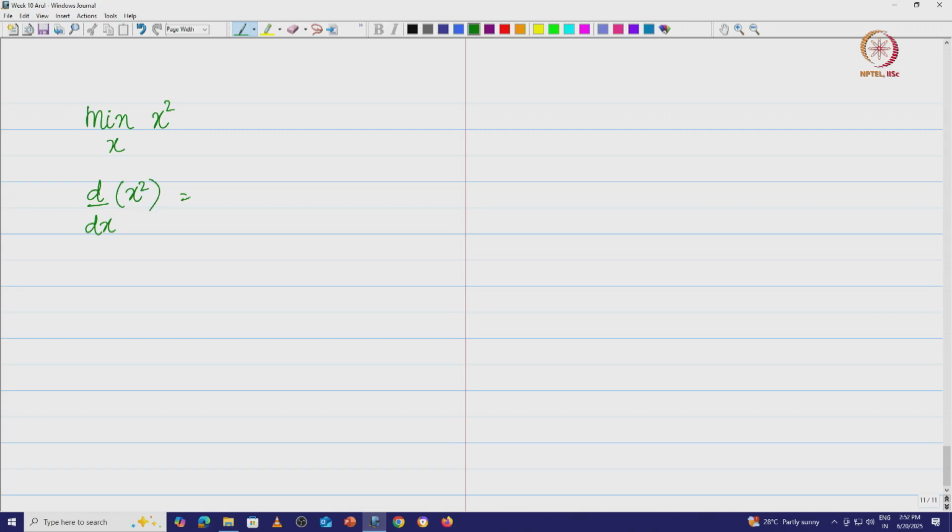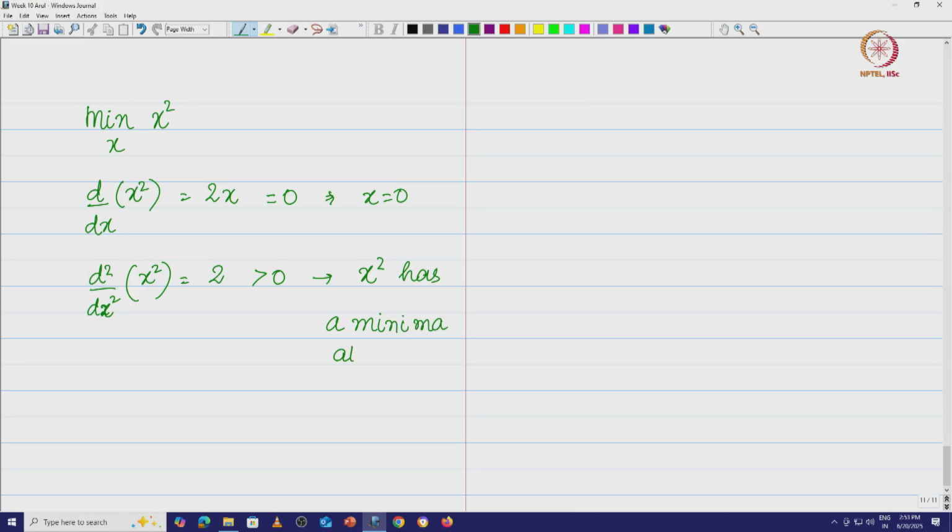We know the derivative of this function is, let us say, 2x, and if I equate this to 0, I end up getting x is equal to 0. Now, we see d square by dx squared of x squared, which is nothing but 2, and this is greater than 0. Then you say that x squared has a minima at x is equal to 0. Now, if you substitute the value of x equal 0, you basically get (0, 0). You already know what shape this is going to be, right? We have already done this.